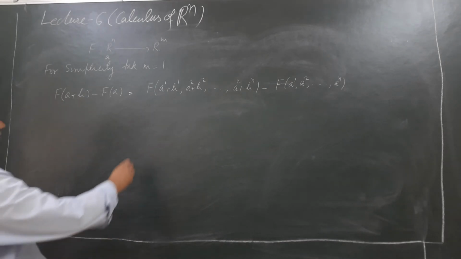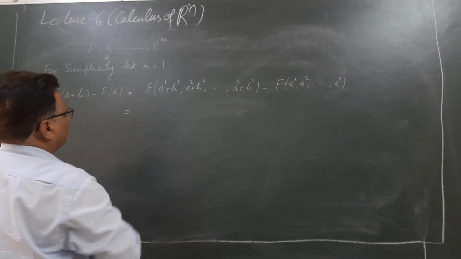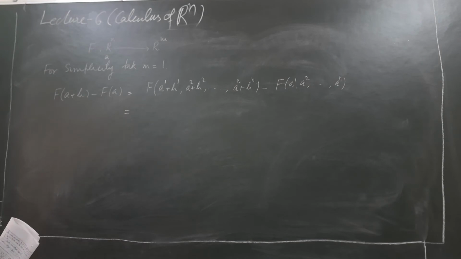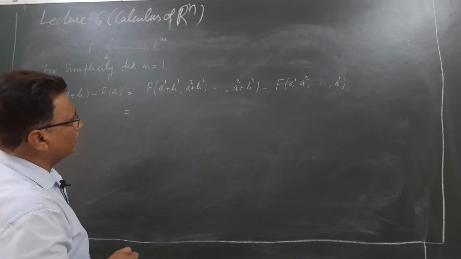Okay. Now this I will write down as, इसको ज़रा सा लिखना है. इसको मैं ऐसे लिखता हूँ,